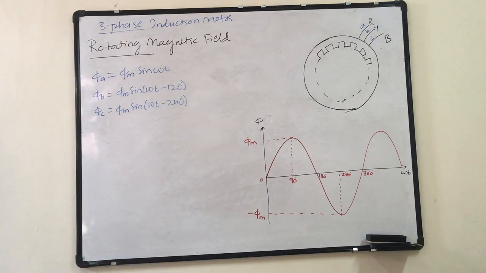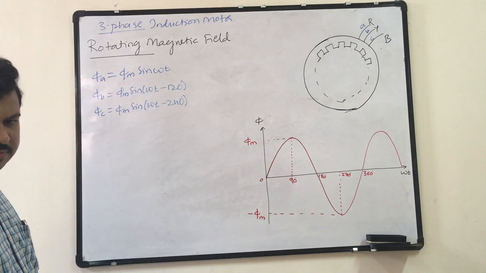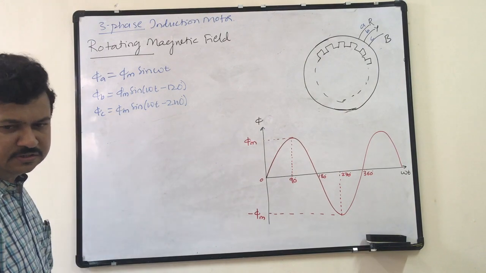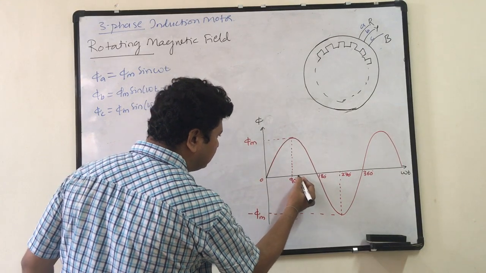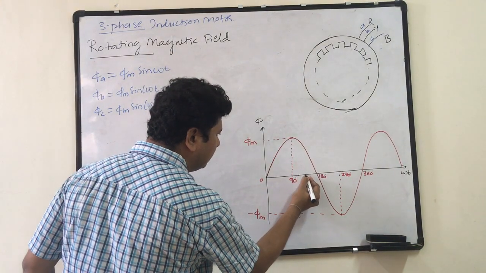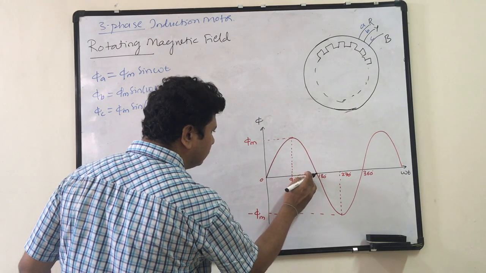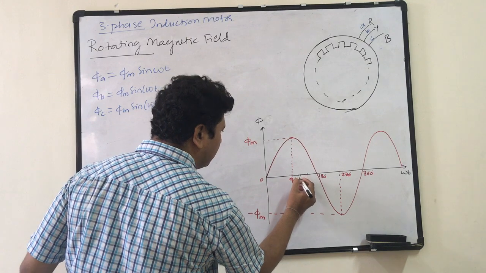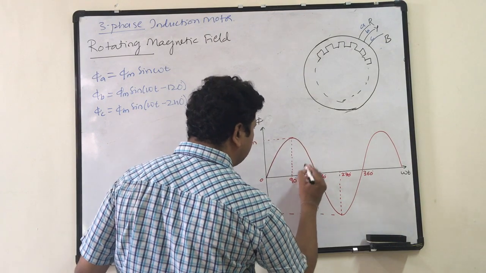Next phase, yellow. Okay. Yellow I don't have. Instead of yellow, I will draw with black, because yellow, even if I have it, will not be visible. So the second phase, B phase, starts at omega t equal to minus 120 degrees. It will be lagging phi A by 120 degrees. So this is 90. Somewhere I get 120. This is 120, 150, 180. This is 120 degrees. Okay, and it will be